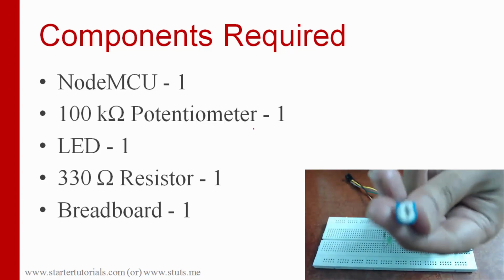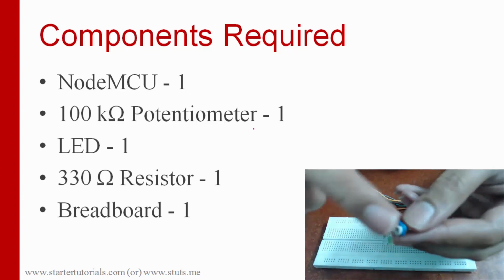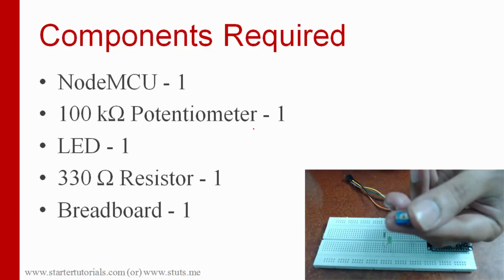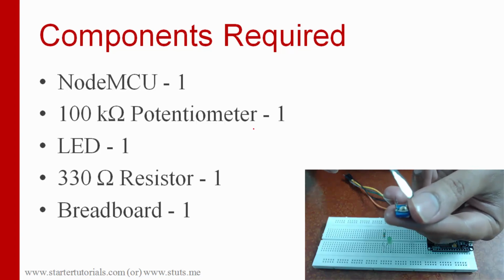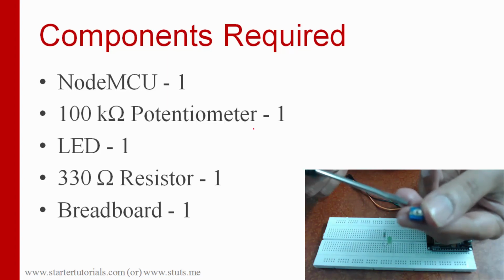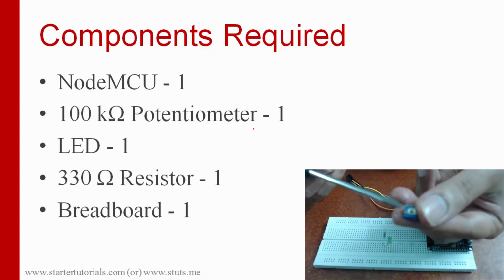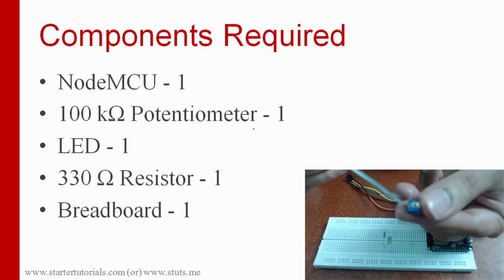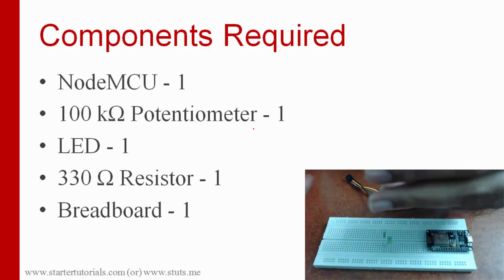So this is the potentiometer. It has three pins, one, two, and three. This is for getting the value of this potentiometer, and one is voltage 3.3 volts, another one is ground. It doesn't matter if we exchange these two pins. This can be ground and this can be voltage, but this is for getting the reading of the potentiometer.